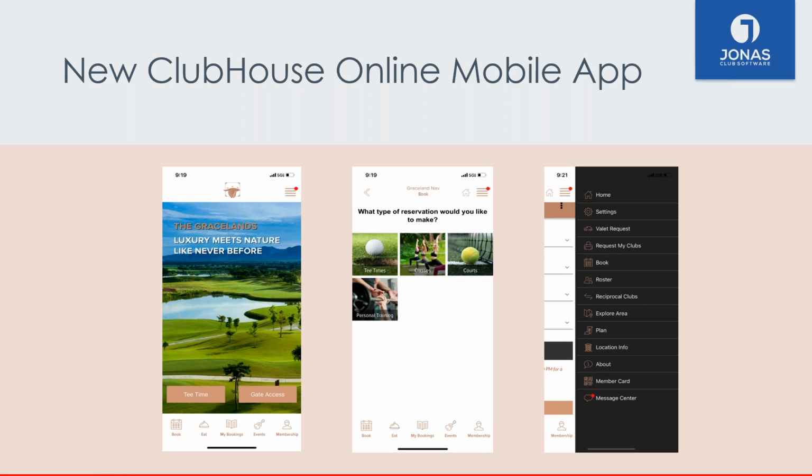Looking off at the right image, we can see your full menu of modules. So while you're able to customize that lower bar, you can see we have a book, eat, my bookings, events. Those are all customizable, and you can move those around as you would like. But all the items that are over on the right there, you can include any of those content only pages, or you can set up your member ID cards, or reciprocal clubs you can see listed in there, as well as maybe bylaws or guest rules, things like that you just want to include off to the side. Moving along.